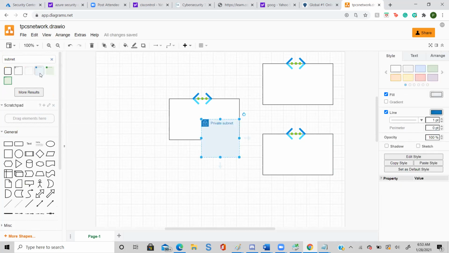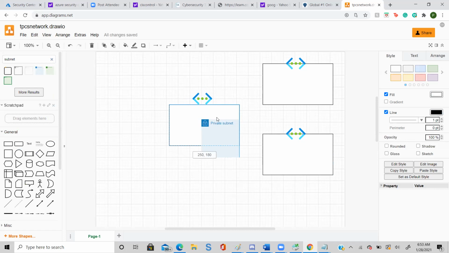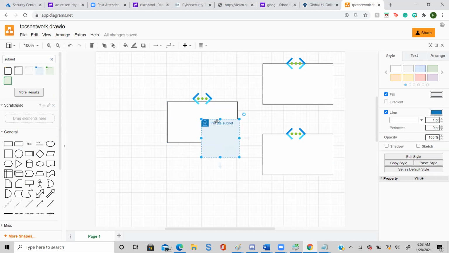Just put this subnet in the first box. Make the subnet box a little bit smaller so that it fits in the box. More align, more to the left side. Able to drag?